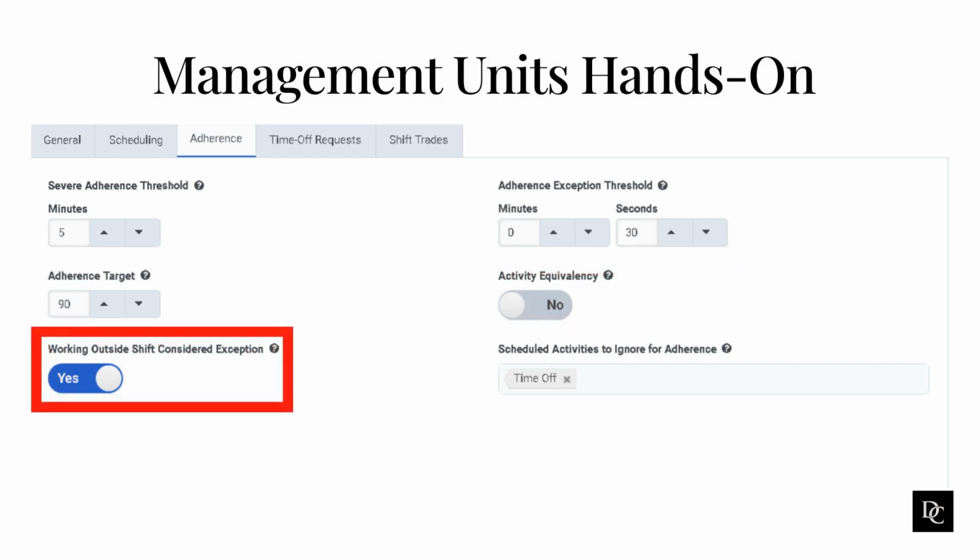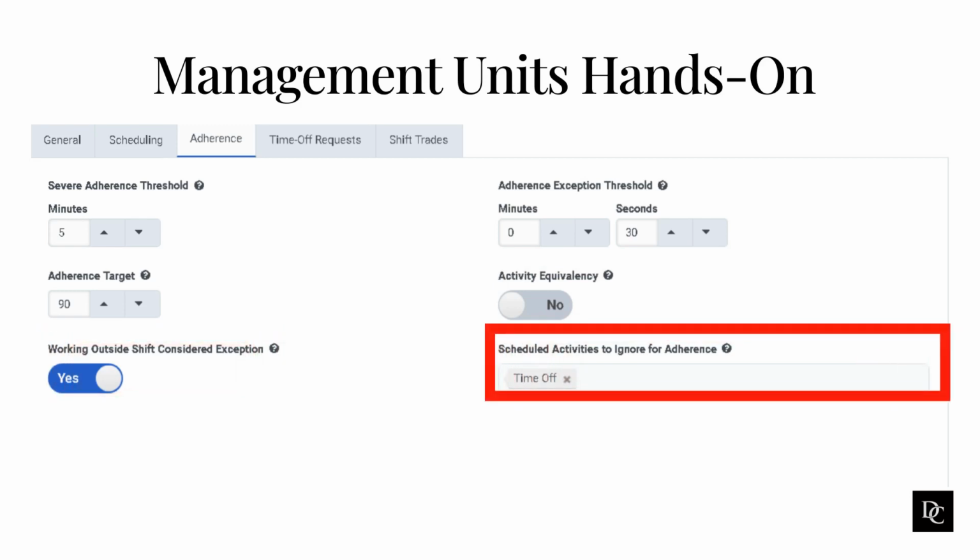To count on-queue status outside scheduled shift time as an adherence exception, enable working outside shift considered exception. To ensure that working outside the scheduled shift is not counted as an exception, disable this setting. To add activities you want to exclude from adherence calculations, in Ignore for Adherence, click Select Activities and choose the